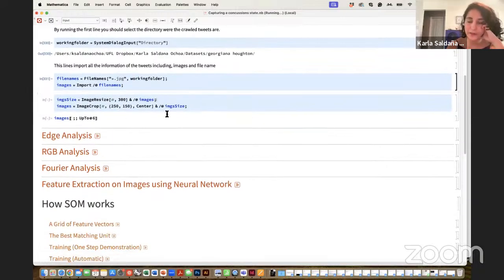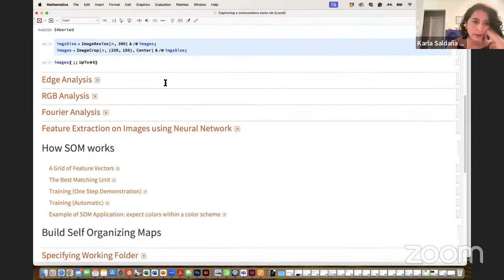And then this line over here is going to resize the images to a predefined size, which is saying that every image that I have collected, though it has a different size, is going to be 300 by 300 pixels. And then since I want the images to be cropped by the center, I'm going to take a collection, 250 by 150 pixels. All right.